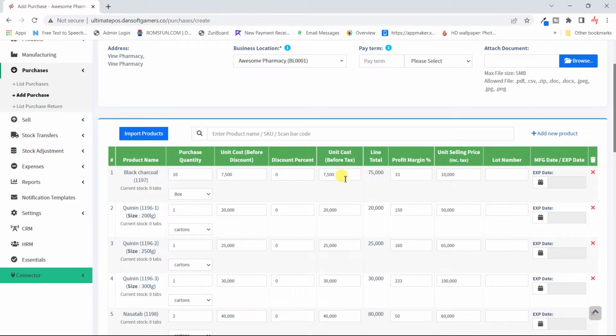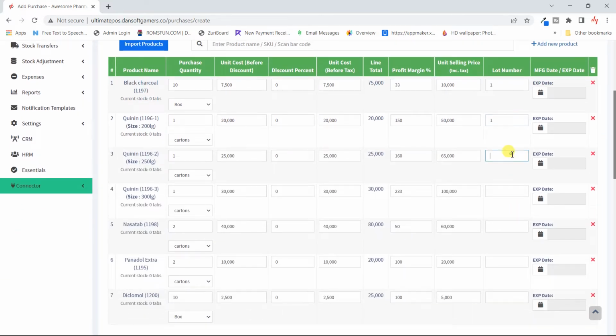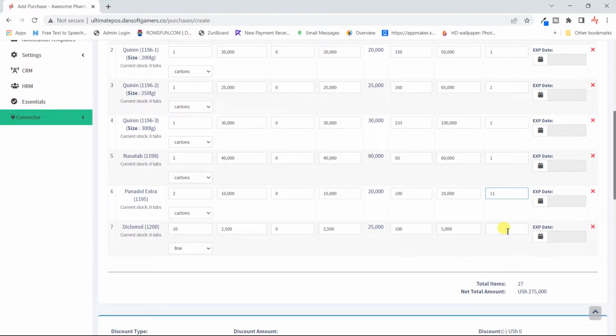The unit cost before tax, the inline total, that's the total times the quantity, the margin that we are getting off, and then this will be our selling price. The lot number I told you, that's the batch. Since this is our first, I'll call all of them the first lot, the first batch. That way we know that these have to be sold first before any other, in case maybe we do a